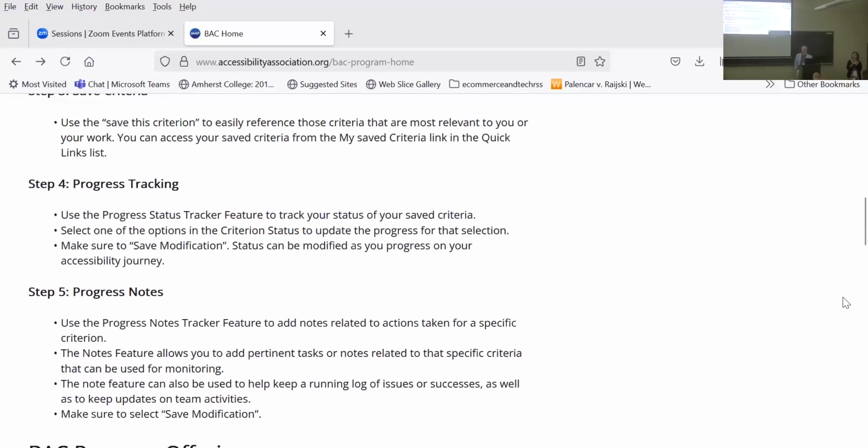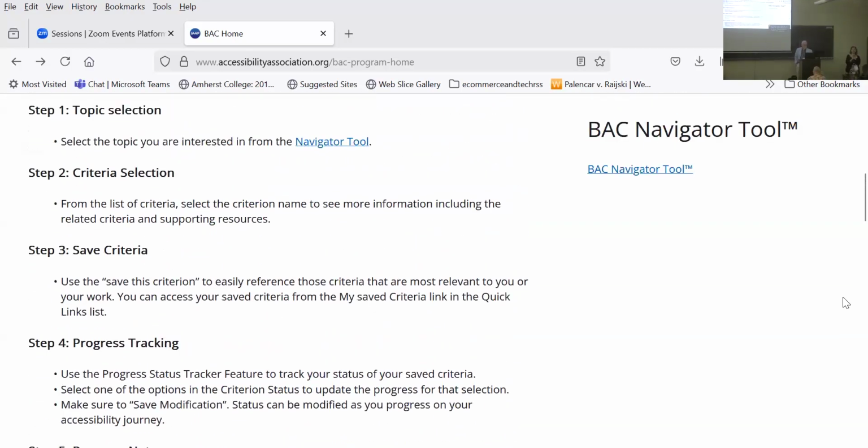The thing that's also important, as Dan mentioned, is that this is a living document. This is a living program. We know it's not an all-encompassing program. It's going to require continuous updates and changes as technology changes, as business priorities change. And so this is why we want to make sure that you folks, as well as the community, stay engaged in this process. So let's dig a little bit deeper into it. We'll do a bit of a demo, and then we'll open it up for more conversation. So I'm going to go to the Navigator tool now.